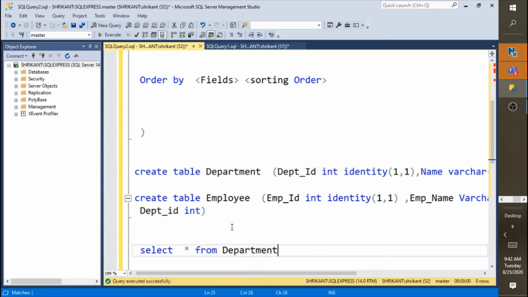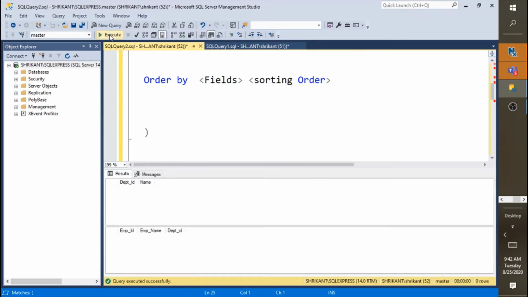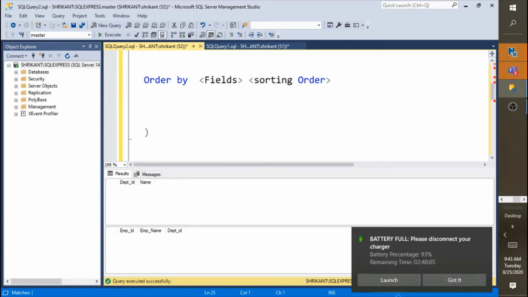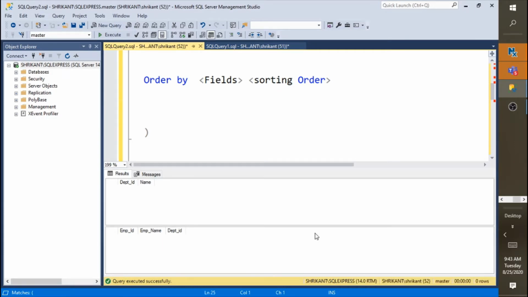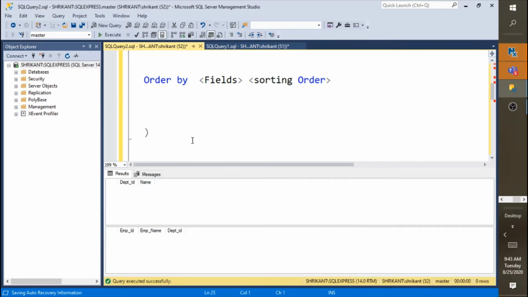Now let's come back here and run the query to see the schema. This is our first table. The second table is employee. Just select these two queries and run them. The moment I click execute, I would see the output as two rows, the first representing the department and the second representing the employee. As we haven't loaded anything into the tables, we won't have any data. So we now need to load data into the tables.